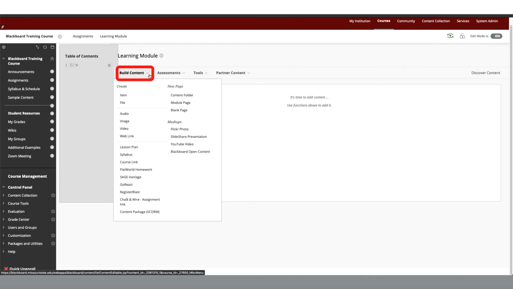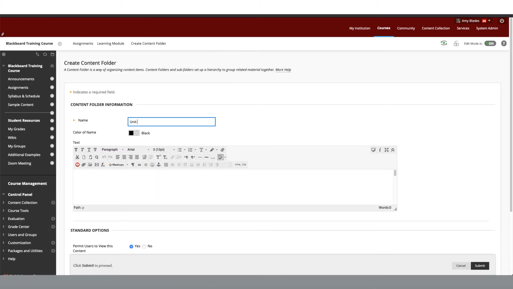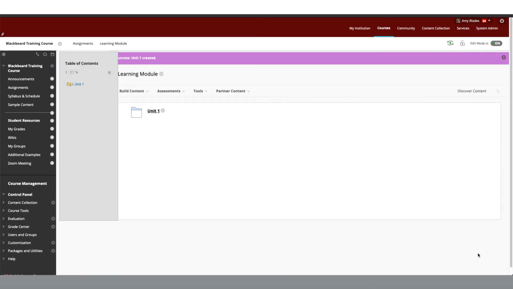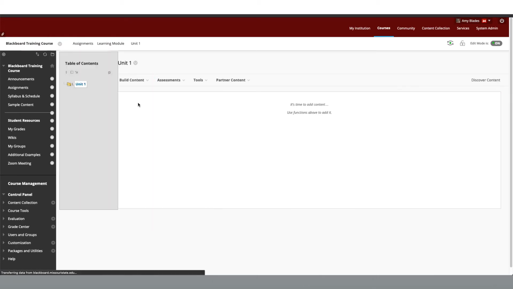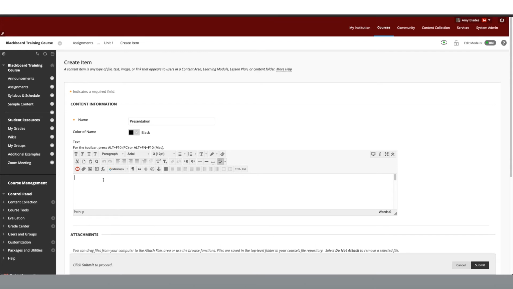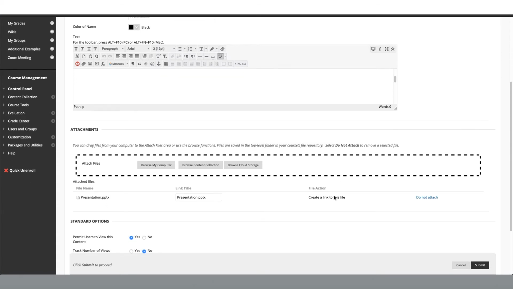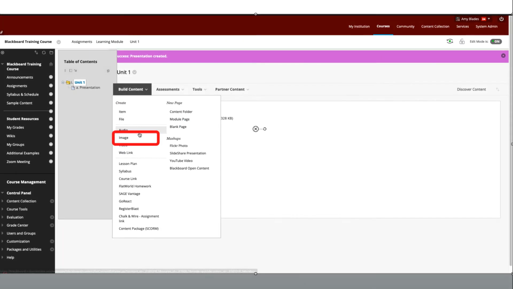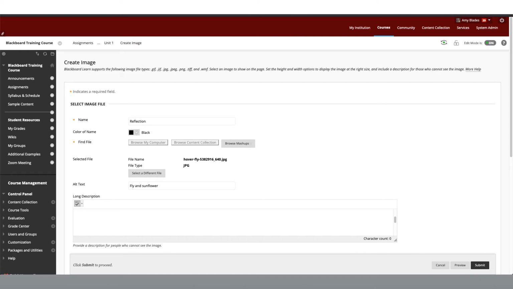First, I'm going to create a content folder. Click on Build Content and select Content Folder. Give it a name and set the settings the way you'd like. Then click Submit. Next, let's add an item. Click Build Content and select Item. Give the item a name, then set the settings the way you'd like. Click Submit. Now I'm going to add an image. Click on Build Content and select Image. Give the image a name, set the desired image display settings,